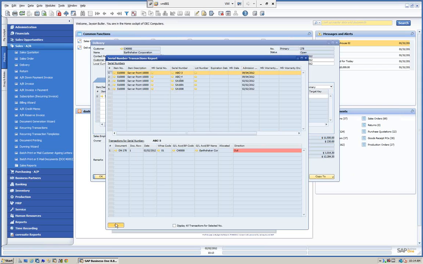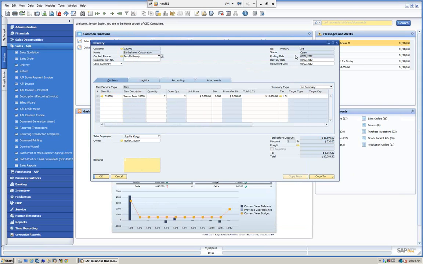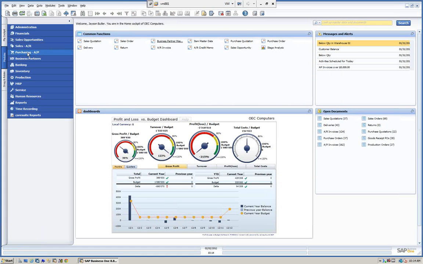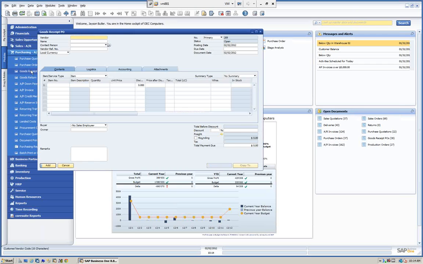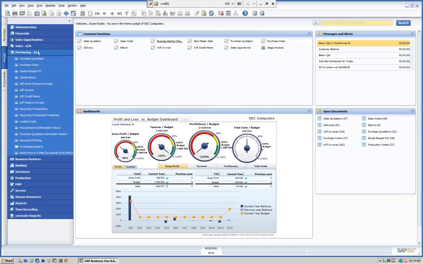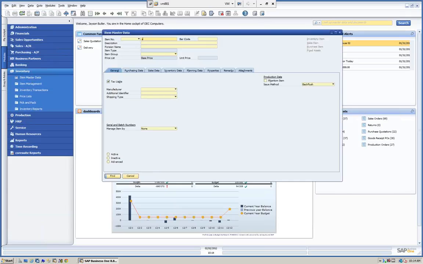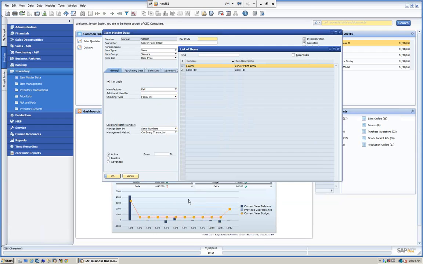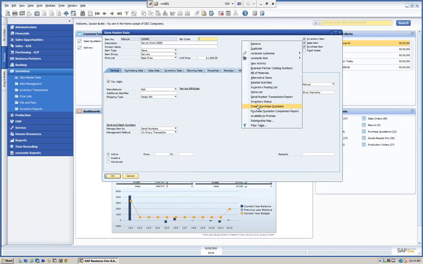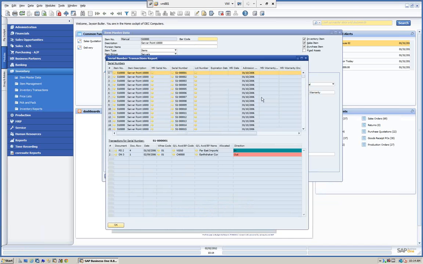Because remember, you can see that we have this delivery 278, and we have this goods receipt 288. So now, if we go directly to that item, let's call up that item real quick. And we do a right-click, and we look at the serial number transaction report. As we scroll down here,